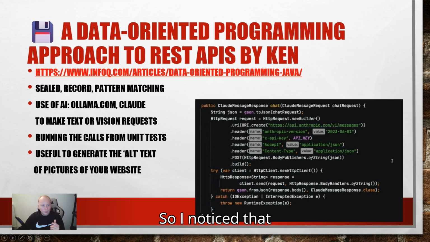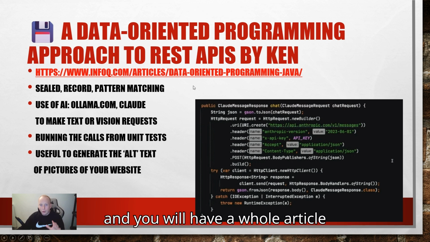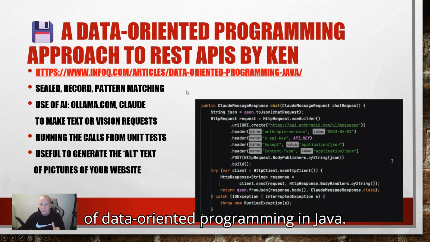So I noted that Ken shared a link to InfoQ, www.infoq.com/article/data-oriented-programming-java, and you will have a whole article explaining these different aspects of data-oriented programming in Java.